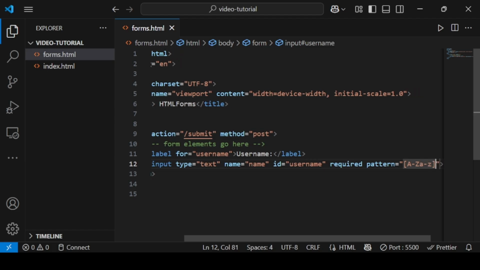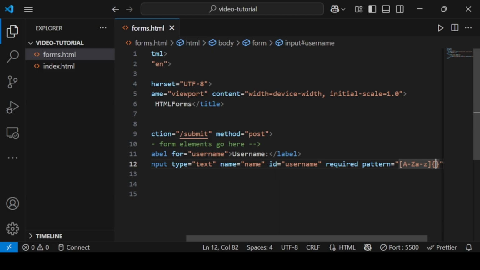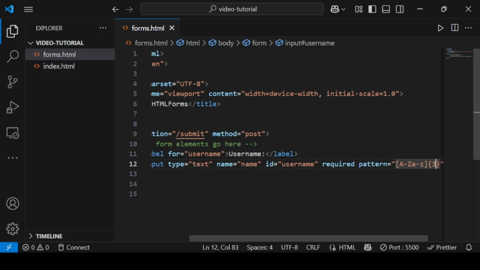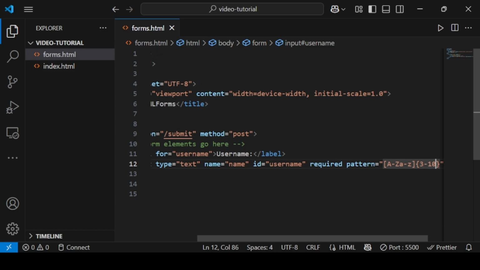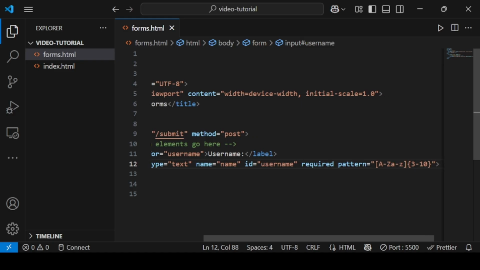It can do checks on those, and also we can now have a check on numbers. And for this, here we can have a delimiter of the minimum and maximum number of characters that a name should have. So our username should not be less than 3 characters and should not be more than 10 characters. We just pass it that way, and then that will do the check on the pattern of how the user is inputting